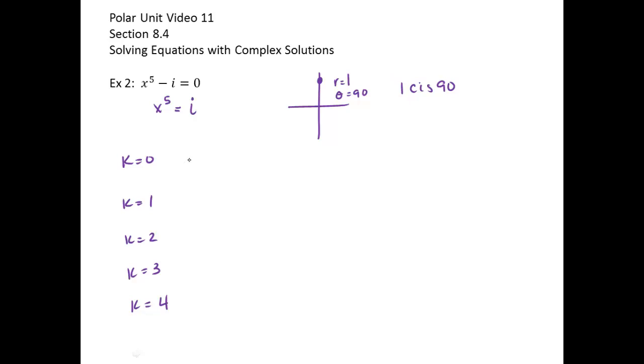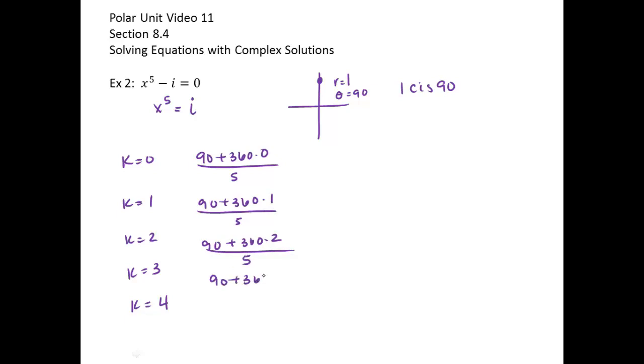So this gives me 90 plus 360 times 0 divided by 5, 90 plus 360 times 1 divided by 5, 90 plus 360 times 2 divided by 5, 90 plus 360 times 3 divided by 5, and last 90 plus 360 times 4 divided by 5 for my 5 answers of 18, 90, 162,